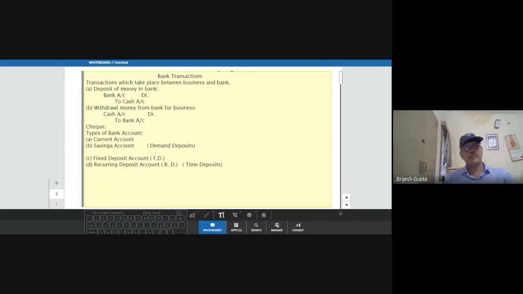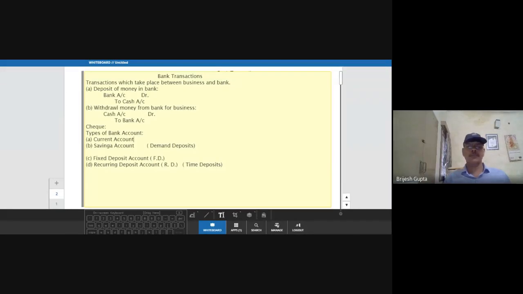This facility of frequent deposits and withdrawals is needed by whom? Who needs to deposit money many times in a day or withdraw money many times in a day? Businessman, definitely. Suppose I am an employee, I don't have that much money, neither do I need to deposit many times, nor am I paying again and again, so I don't need that facility. So the current account is known as the businessman's account because it provides the facility of unrestricted deposits and withdrawals.